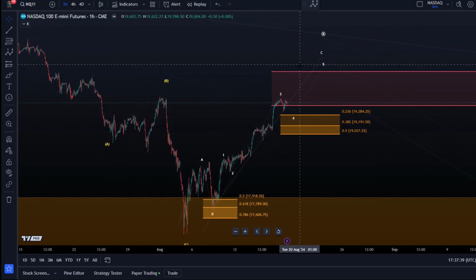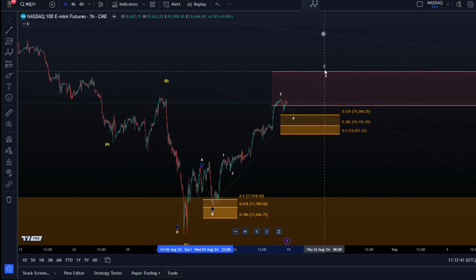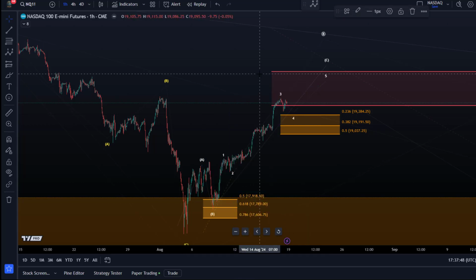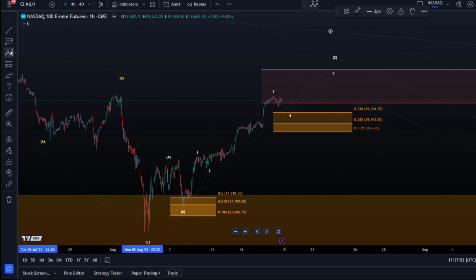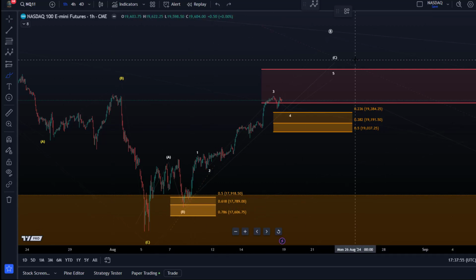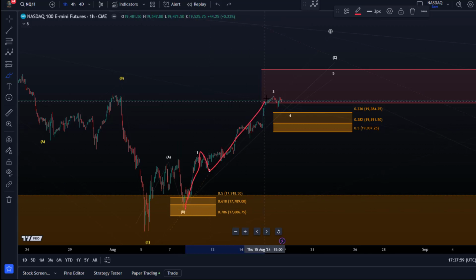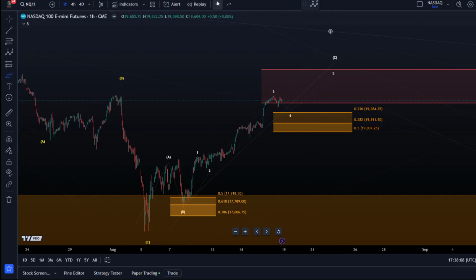It's a 3-wave rally. Even with one more high, and one second, I just changed the wave degree here. Even with one more high, it is considered a 3-wave move. Why? Because a C wave to the upside is a 5-wave move. I can call it a wave 1, a wave 2, 3, 4, might get a 4, and then one more high in wave 5. So it could stretch a little higher into resistance. Actually, I would prefer further upside as long as we're holding